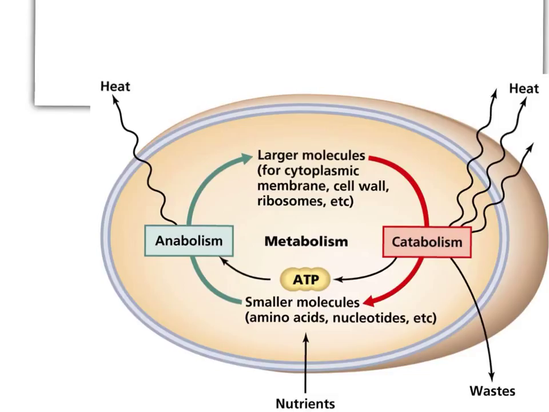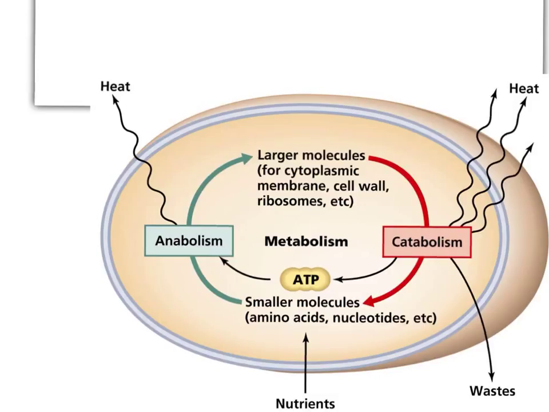So there are maybe many thousands of biochemical reactions occurring in the cytoplasm of this cell, and we call all of those reactions together metabolism. Each single biochemical reaction will be catalyzed by an enzyme, and that enzyme will only specifically catalyze one particular